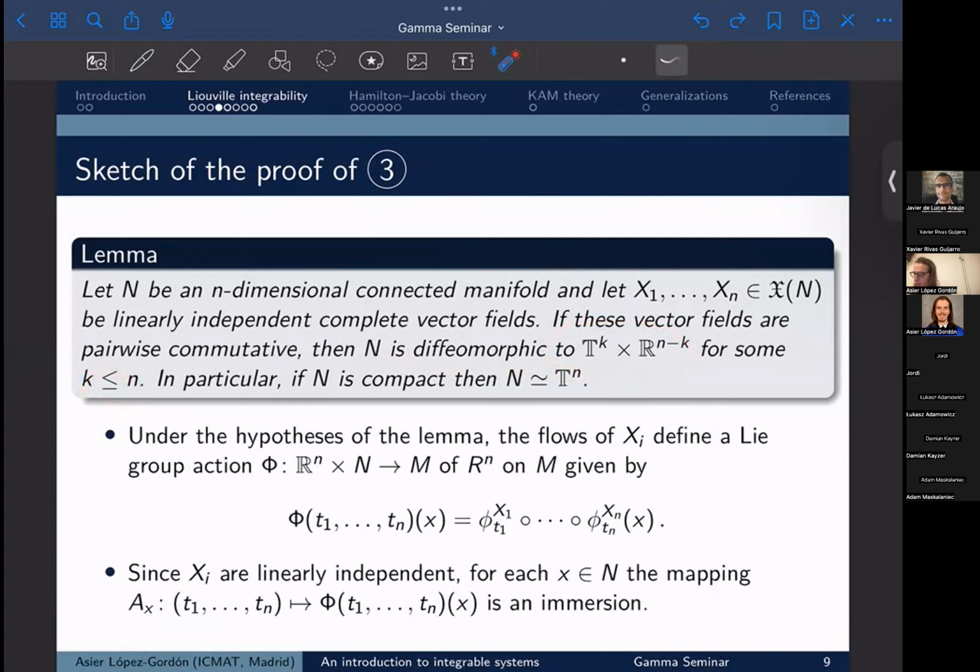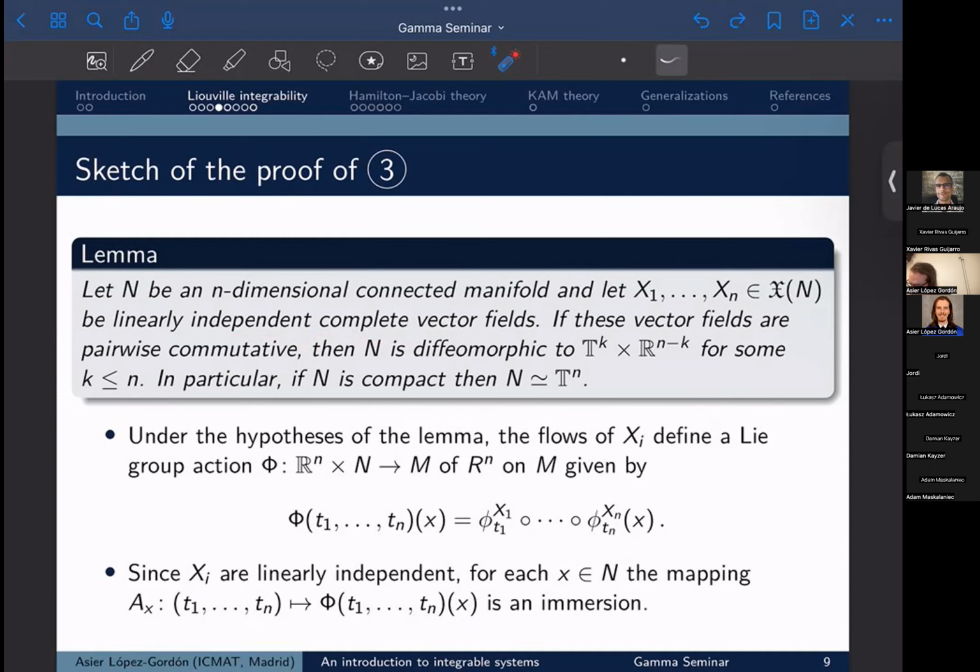In particular, if N is compact, then N is diffeomorphic just to the torus. Okay, so how do we prove this? First of all, observe that since we are assuming that we have vector fields which are complete, independent, and commute, then